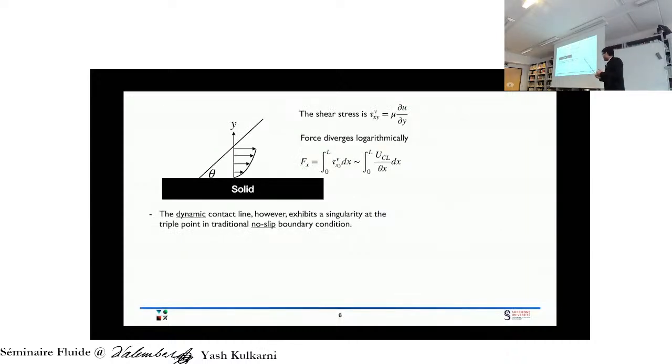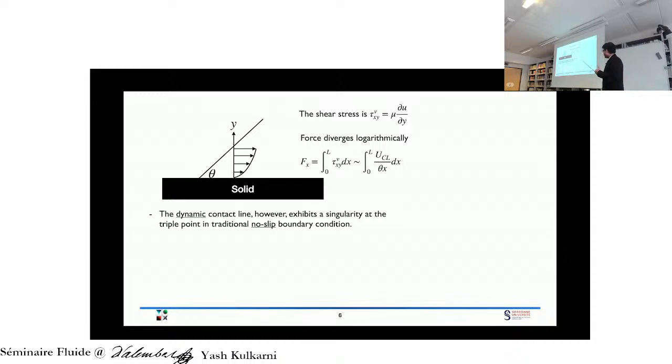However, when the contact line moves, then we know from the traditional no-slip boundary condition that we have a divergence in shear stress and also the force. So if we write the stress at the fluid-solid interface, and we try to integrate it up to the contact line, where the distance goes to 0, then we will see that the force diverges logarithmically. That means we would